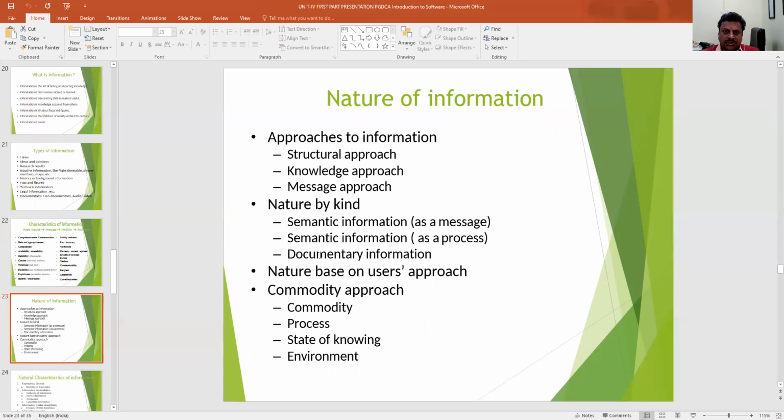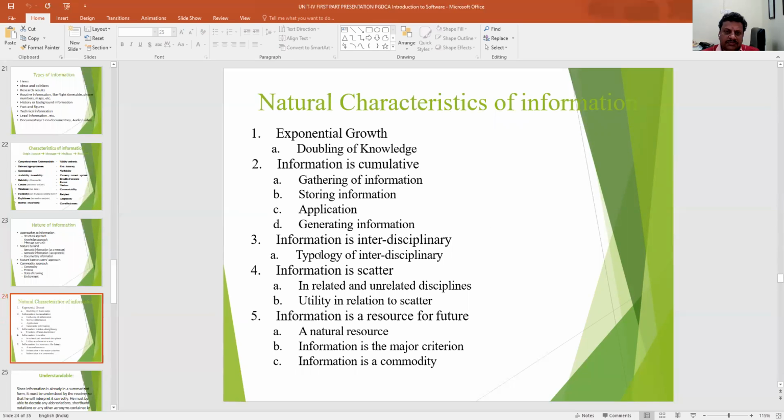Nature of information, approaches to information. It could be structural approach, knowledge based approach, message approach. Nature by kind: semantic information, as a process, as a message. Documentary information. Nature based on users approach: commodity, process, state of knowing, environment. Natural characteristics of information: exponential growth, information is cumulative, information is interdisciplinary, information is scattered, information is a resource for